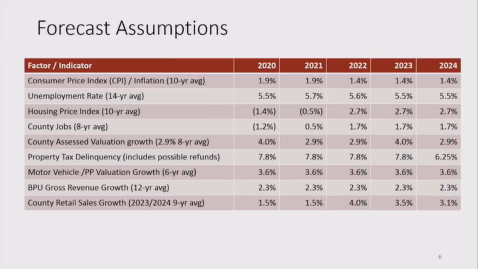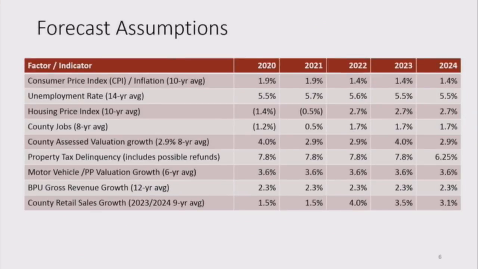So, you know, these are all just kind of assumptions. And of course, any kind of modest change in any of these can make a big difference in the forecast. But this just reflects that there's a lag that happens with the housing prices. It's not going to happen in 2020. It's going to wait a year.